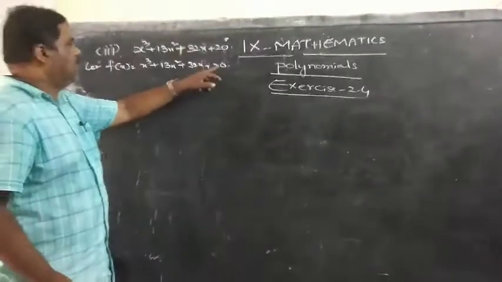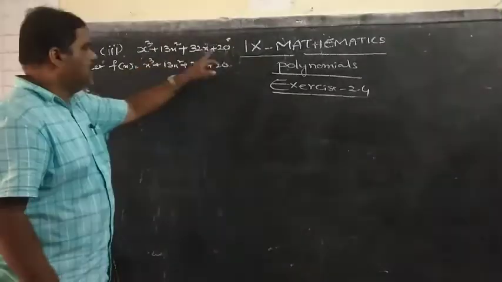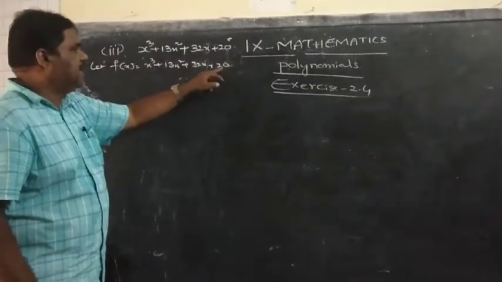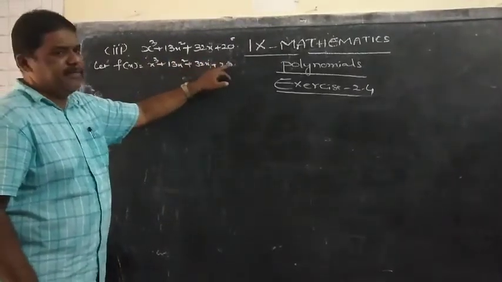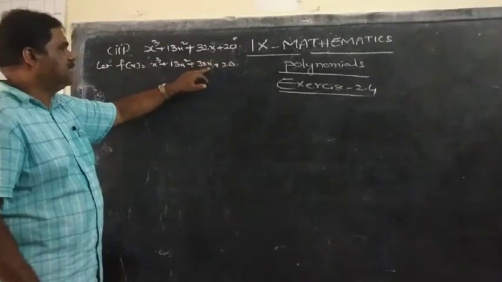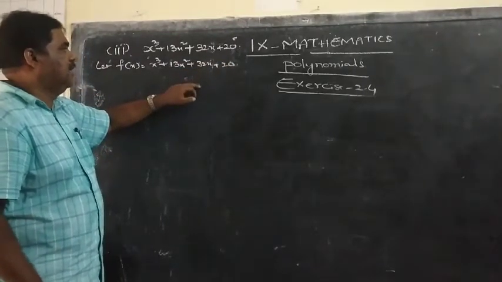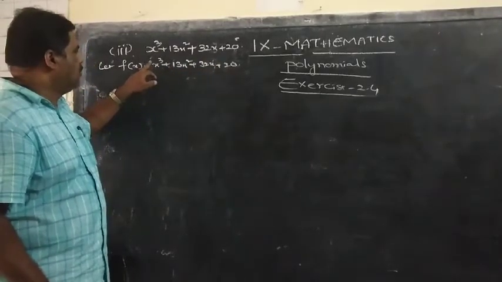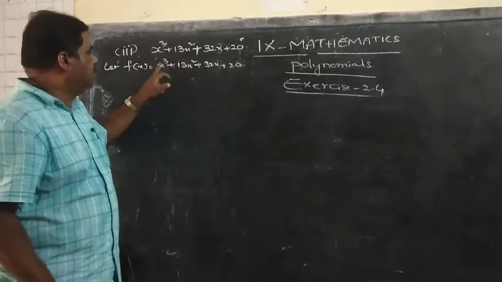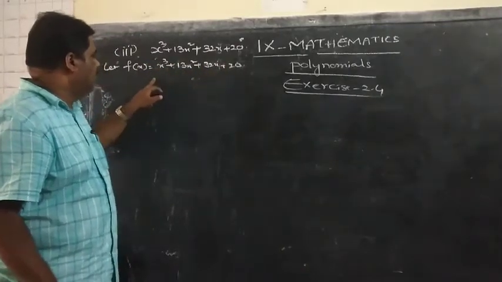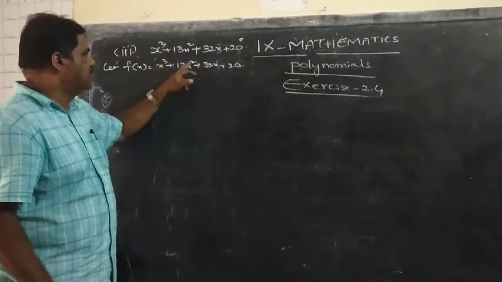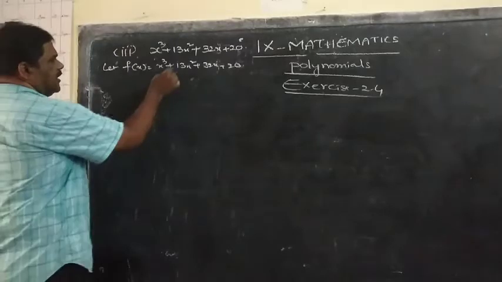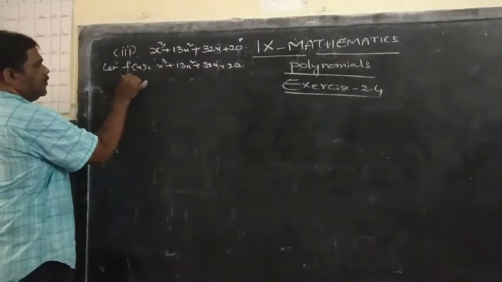Here the highest power of x is 3. So this polynomial is having 3 factors. One factor we have to find by trial and error method. In trial and error method, generally we will try for 1, minus 1, 2, minus 2, 3, minus 3. But here all plus signs are there, all positive terms. If you substitute 1 or 2 or 3, any positive number, we will get other than 0. We will not get 0 because all positive numbers are there. That is why it is better if you try with negative numbers.